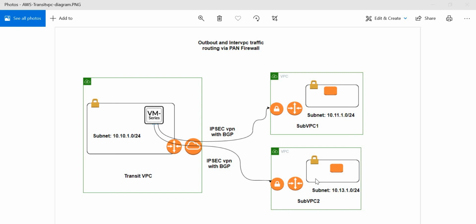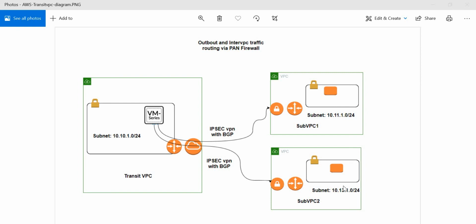As you can see, we have already made a default route in the subnet for subscriber VPC 1. Same way, there is a default route on this subnet for subscriber VPC 2. So any communication which this instance tries to initiate to reach this instance will take the default route and come to the Palo Alto firewall.